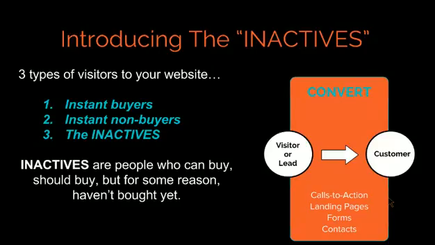Before I go over that path though, let's cover your target audience profiles. Basically, for any site, niche, product, what have you, there are 3 different types of people who visit your website psychologically. Only 3. You have your immediate buyer, instant buyer, insta buyer. You have your instant non-buyer, someone who's not relevant or the offer isn't for them or they can't afford it. You have the inactives. And today we're going to talk about the inactives. Inactives are the people who can buy from you. They should buy from you, but for whatever reason, they haven't bought yet.